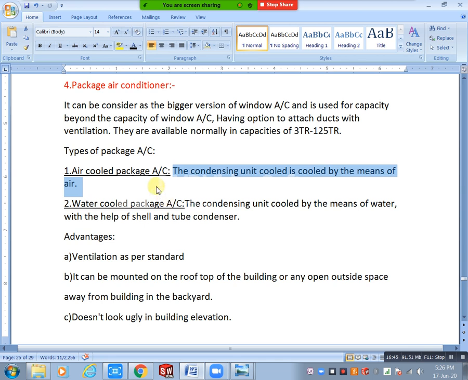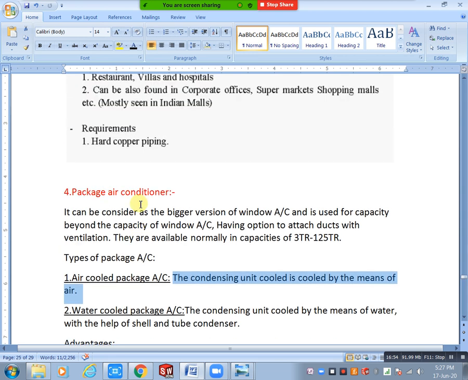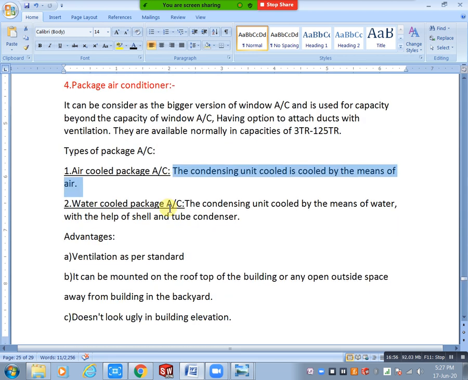Sorry, that's not actually right. Here the primary refrigerant functions the same as split AC. Okay, here air cooled package AC is similar to window AC, split AC, the same functionality. Here also directly we are passing our refrigerant through the evaporator, and our room air is in direct contact with the evaporator, automatically getting you cool air. Same as VCR function here also, but water cooled package is separately different. I will explain this topic in chilled water system.